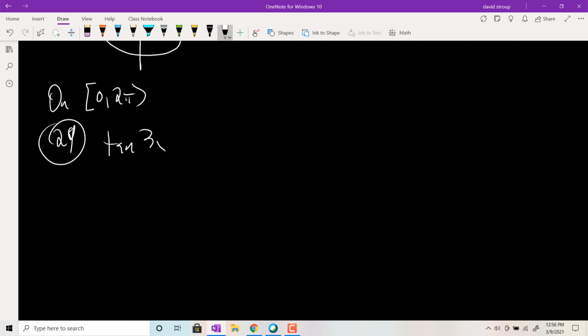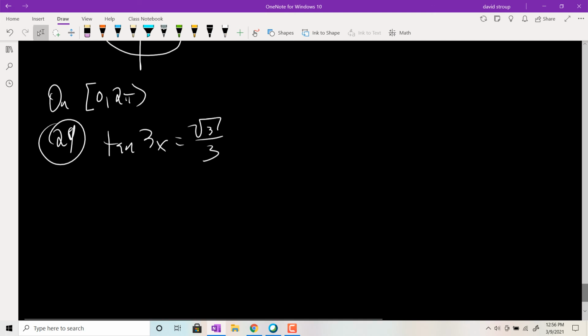tan of 3x equals root 3 over 3. Okay, so you may want to have the reference chart: 0, pi over 6, pi over 4, pi over 3, pi over 2, and then list sine, cosine, and tan for all those on that first page. But